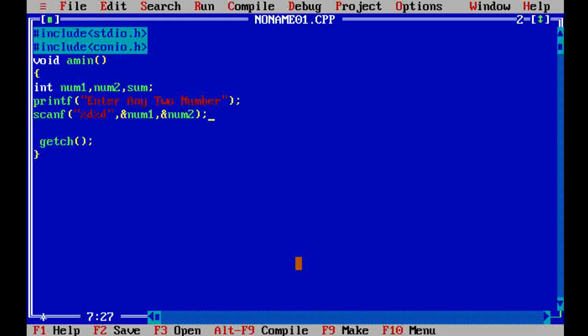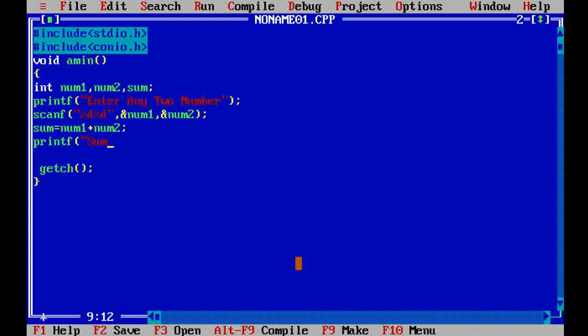In this way we get two numbers in our program. Then we process the formula of summation: sum is equal to number 1 plus number 2. Here we get the result, and after processing this formula we display the result of sum through the printf function.